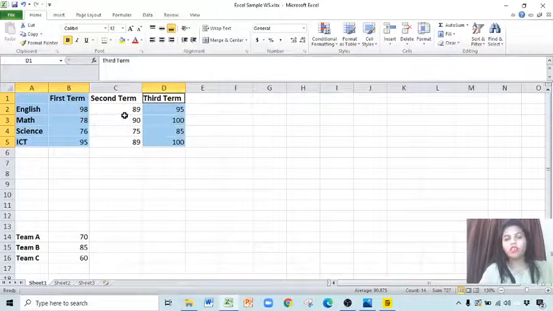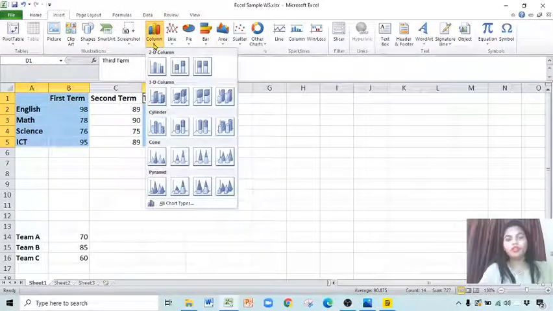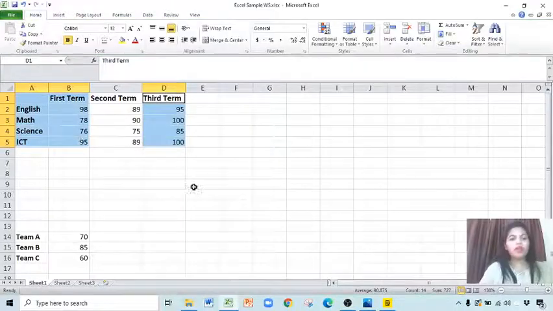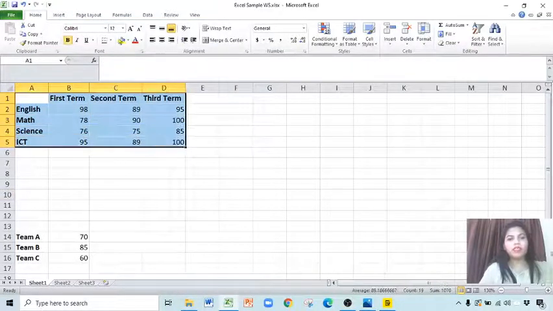The second term is not selected now. Hold down the Control key and then select the next data by drag and drop. Click on the Insert button, go to charts and select the type of the chart. Look here now, the second term is not included. So in this way you can select the non-contiguous data by holding the Control key and drag and drop your next series. Okay, so I'm just going for the first one, contiguous data.